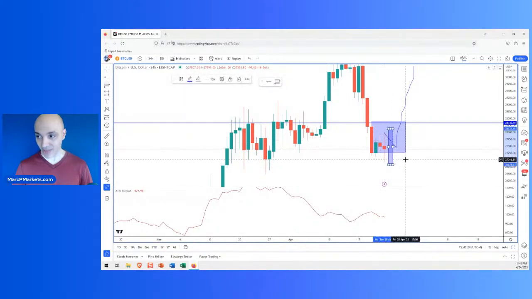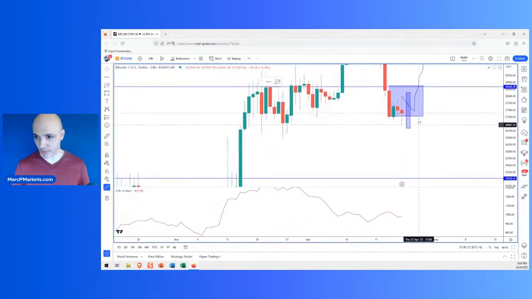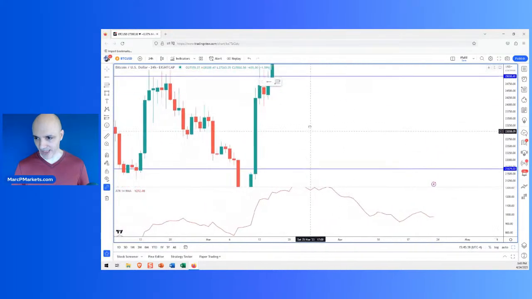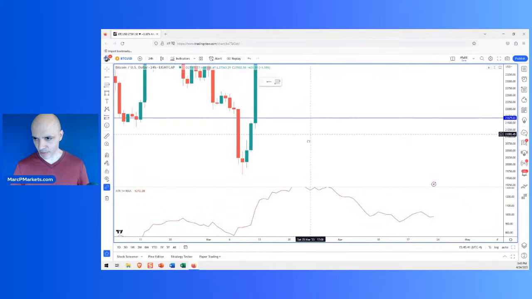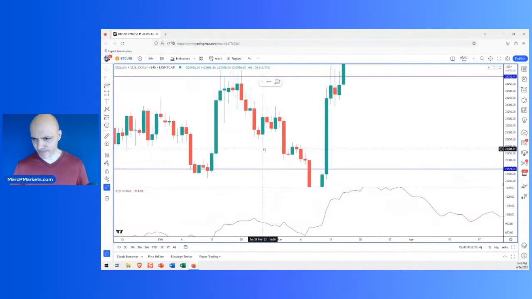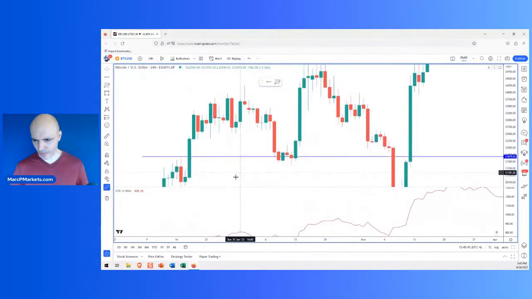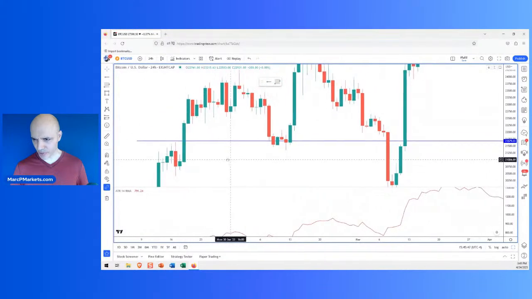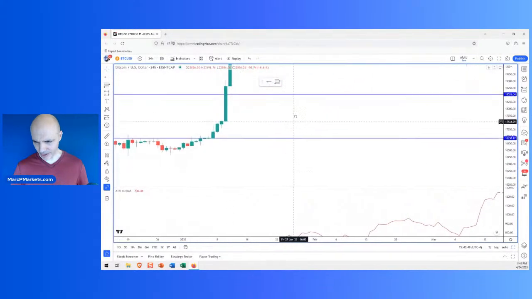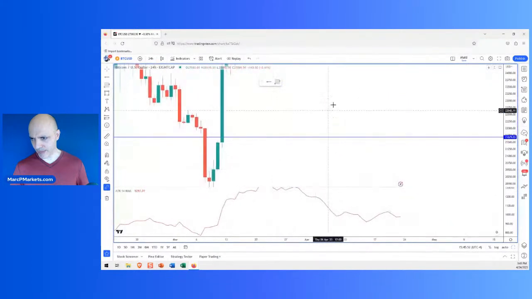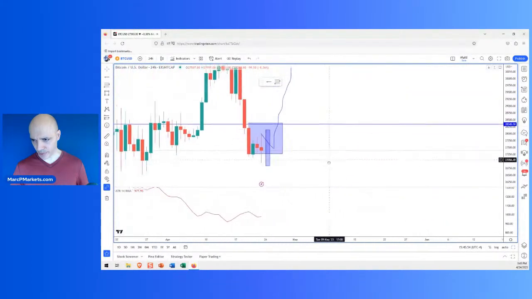I want to see a solid green candle as an outside bar. Okay, it has to be green, obviously, if we're going to be bullish. If we see an outside red bar, don't go near that thing. But an outside green candle, right? Outside bar. Let's see if I can find any examples of that, of an outside bar. It has to take out the range of the previous. I don't really see any recent ones here on this time frame. Anyway, it has to take out the range of the previous candle.